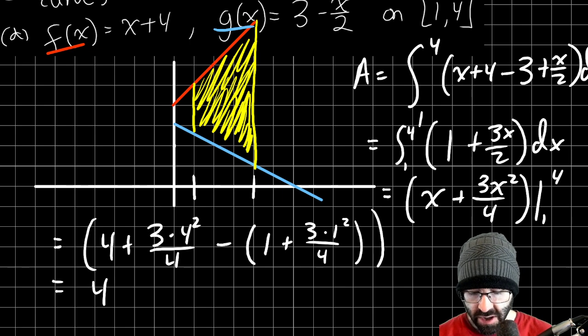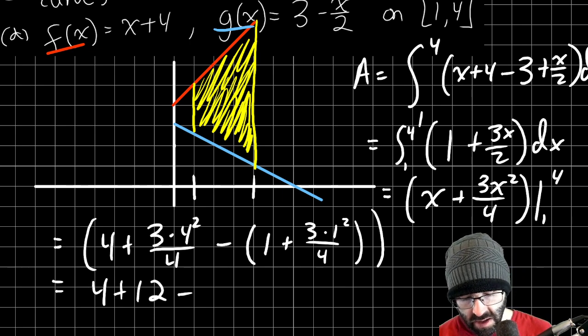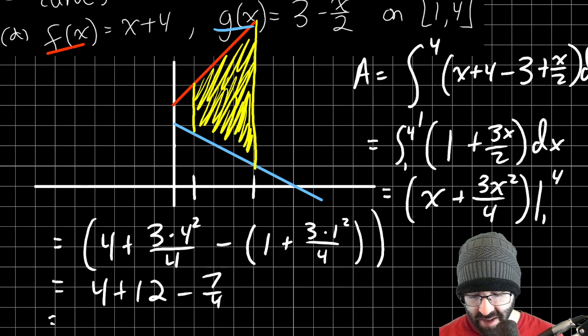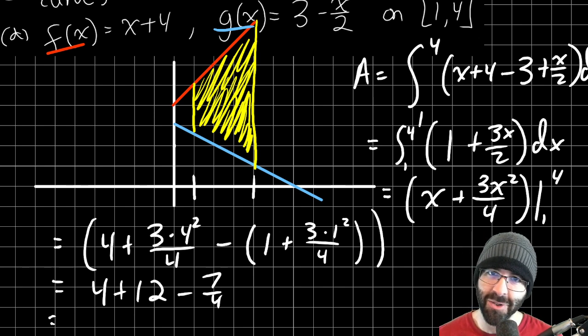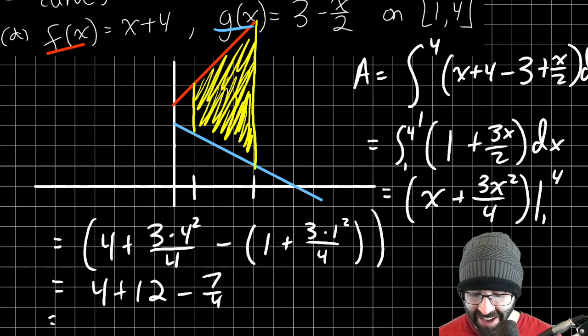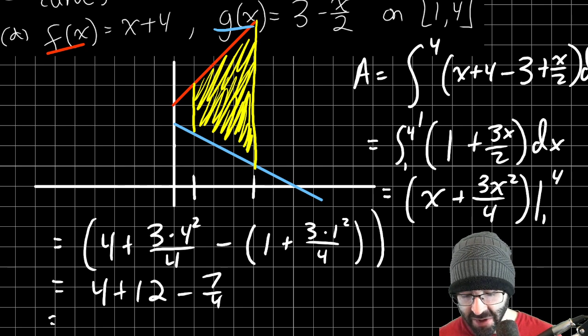When you do that, you should get 4 plus 12 minus 7/4, I think. Doing too much fractions in my head is bad, but here we are. 16 minus 7/4. 16 is 64/4 minus 7/4. So 57 over 4